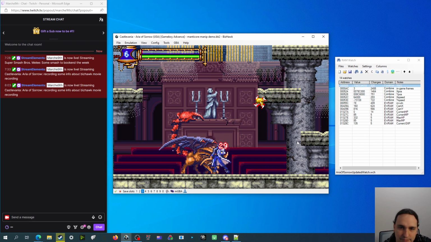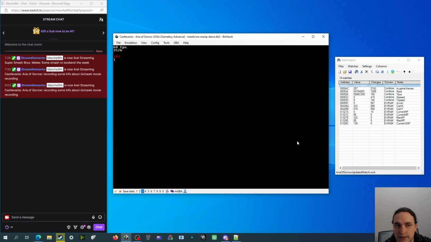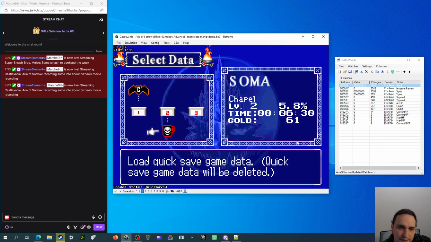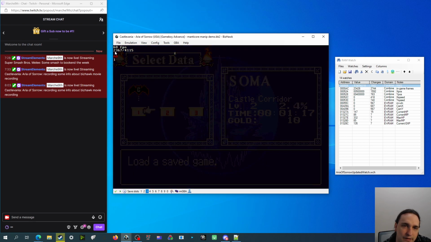So what makes it really useful to record an input file is that I did part of that correctly. I did the first room of the manip correctly. All you have to do is hold right. It's not difficult, but I don't need to manually redo that. I can toggle on read-only mode, reload that save state, and you can see now, if you look in the corner here,